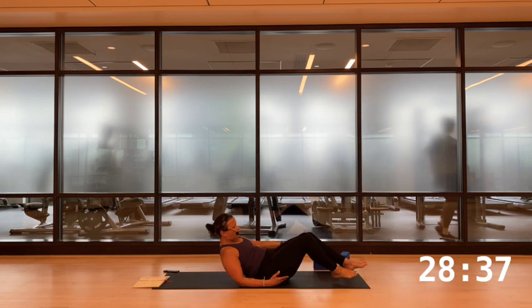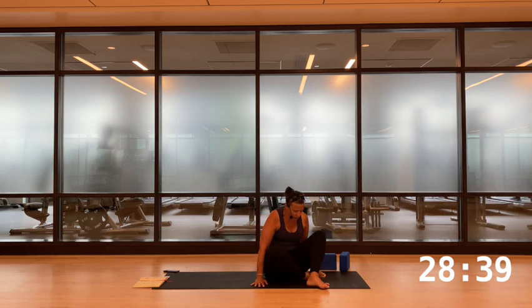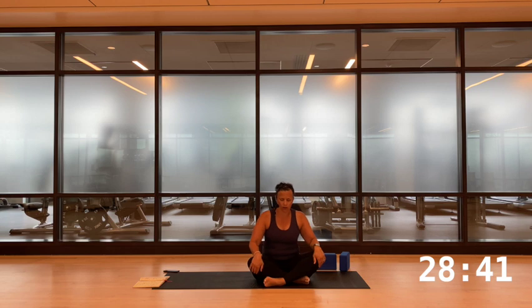If you'd like to come up into a comfortable seat to close the practice, you're welcome to do that as well. As you're ready, just make your way to one side, arrive into your comfortable seat. Let's take a breath in together, inhaling arms up,